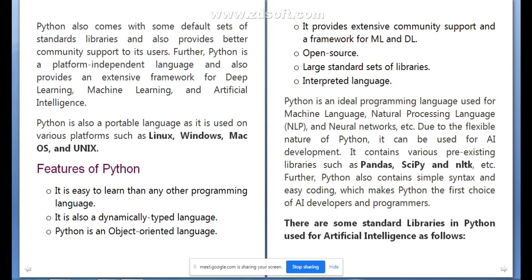So it is a part of artificial intelligence, and Python is an ideal programming language that is used for machine learning and natural language processing. ये लिखने के लिए पाइथन एक आइडियल लैंग्वेज है जब हम एनएलपी करते हैं। जैसे आपने ये भी सुना होगा